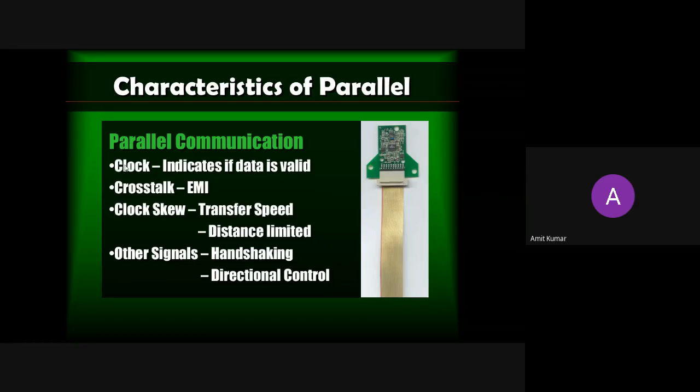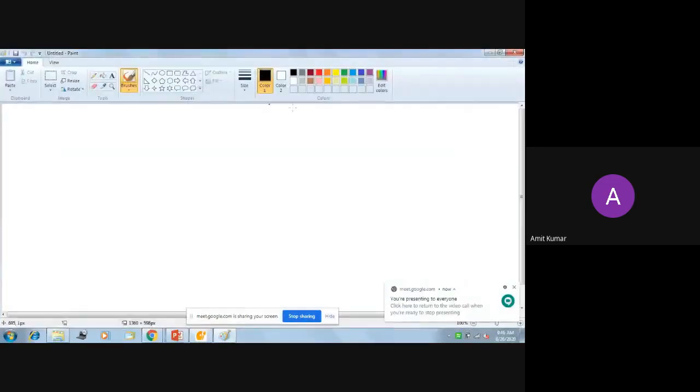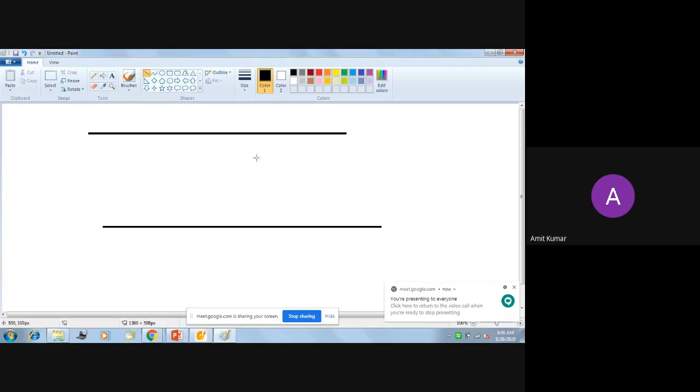Third is clock skew. When you are sending the data from one place to another in a parallel way, the parallel lines will behave like a resistance and capacitance. That can be modeled as a series resistance and parallel capacitance. Let me show you how it looks. We have two parallel wires.